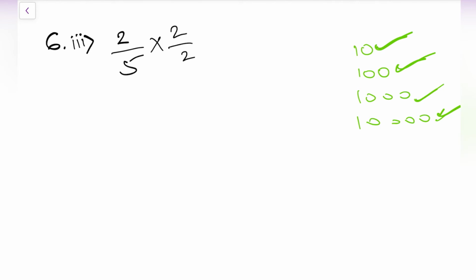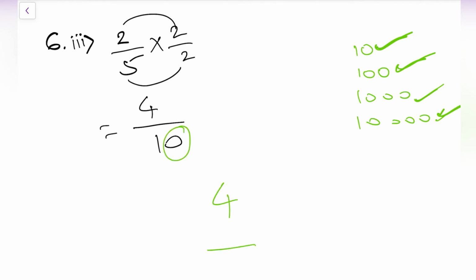2 by 2. Now it will come 2 twos are 4, divided by 5 twos are 10. Now write only numerator, that is 4. In the denominator we have only 1 zero. So from the right side, after 1 digit, keep the dot here. So before the decimal nothing is there, so keep 0. So the value of 2 by 5 is nothing but 0.4.